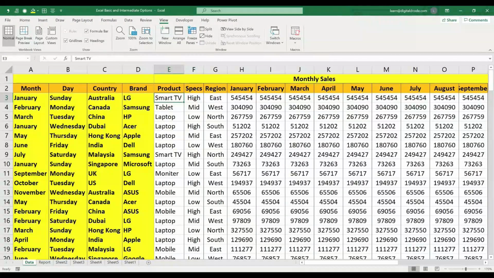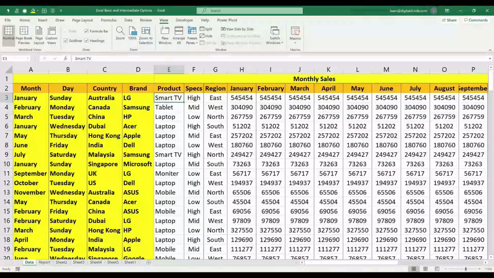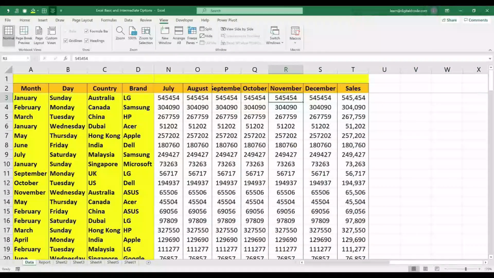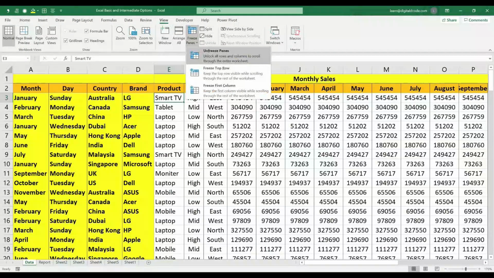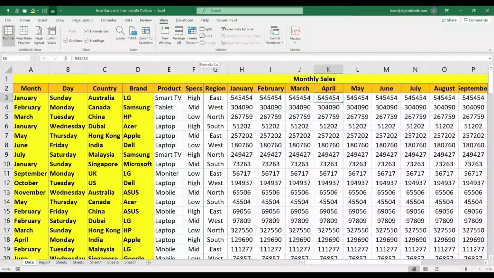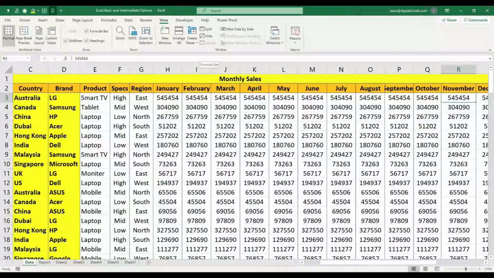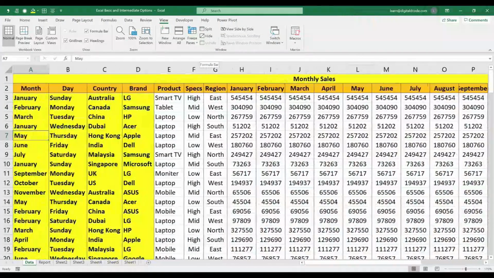Now if you see here, if I go down, I can see the header. At the same time, if I go to the right side, I can still see the first 4 columns. In case I did not freeze the first 4 columns, I cannot see which number the value is related to. Let me show that. So unfreeze. If I go to the right side, the first column is hidden, second column hidden, third column hidden. Now I want to know which brand, which product, which month this is related to. I cannot see anything. So now I want to see the first 4 columns.